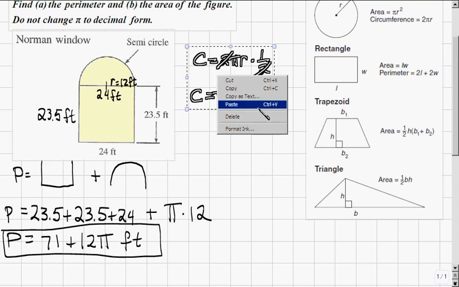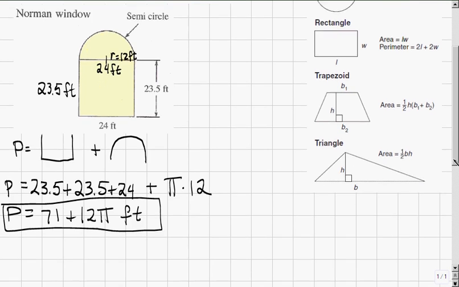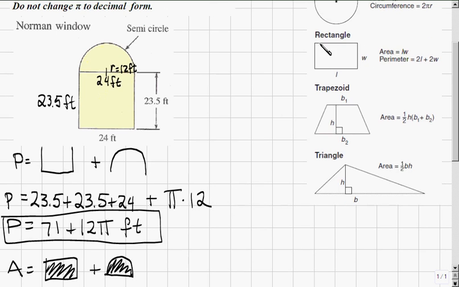We'll delete this formula as well. The area of this figure will be the area of our rectangle plus the area of the semicircle. So if we need another figure for this, area will be the rectangle, this material, plus the area of the semicircle, this. The area formula that we'll use for a rectangle, on our right, we'll scroll up, is the formula